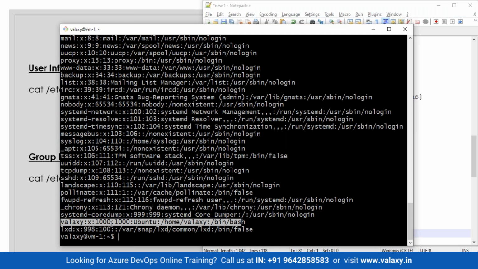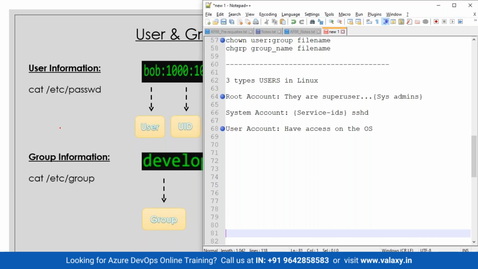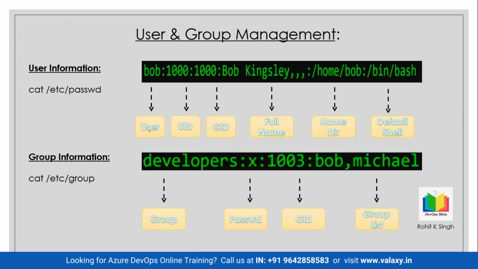So basically this file contains the majority of information about account users. Okay, now let's go back and see this. This was the file /etc/passwd. This is a very critical file. This Valaxy user will not be able to edit or make any changes to the file. This is done when you create a user. Now this is basically a user which you have created,